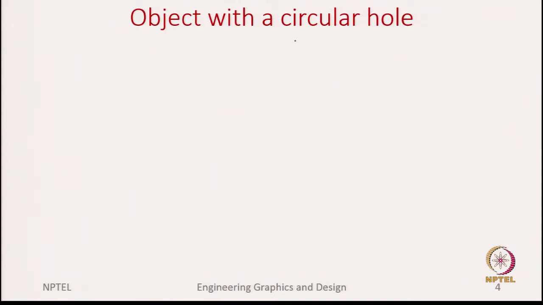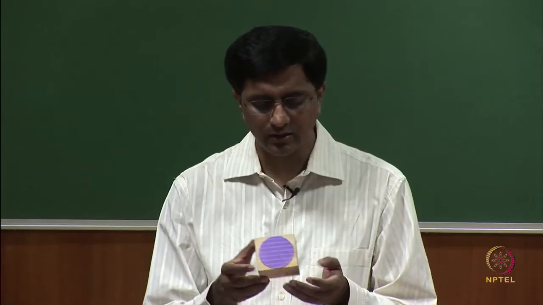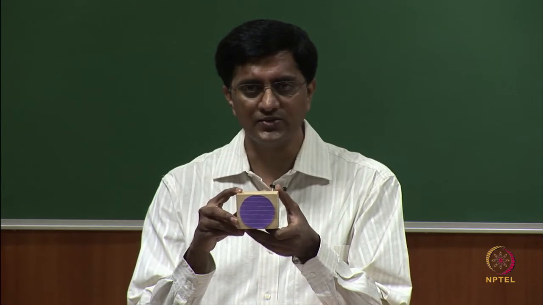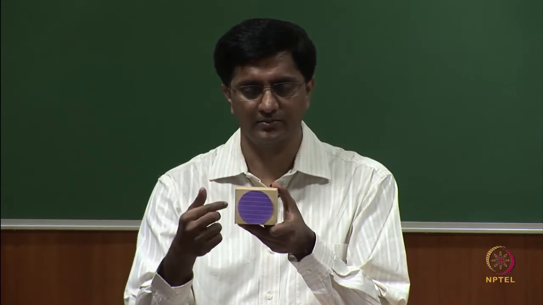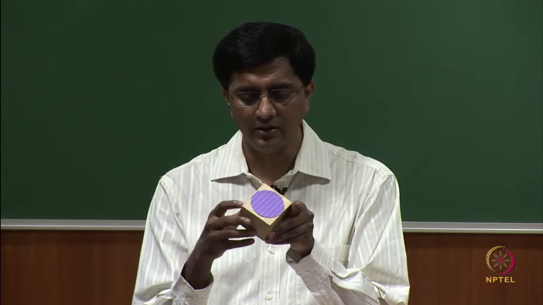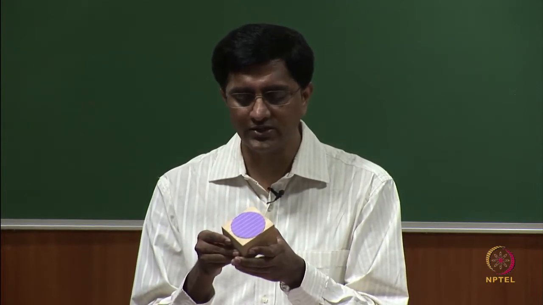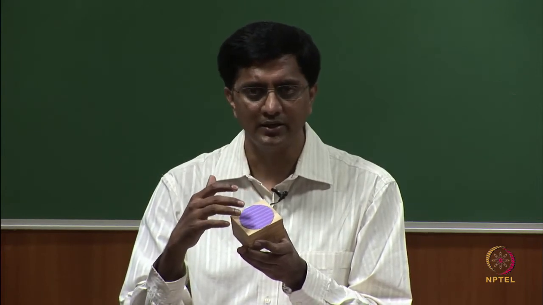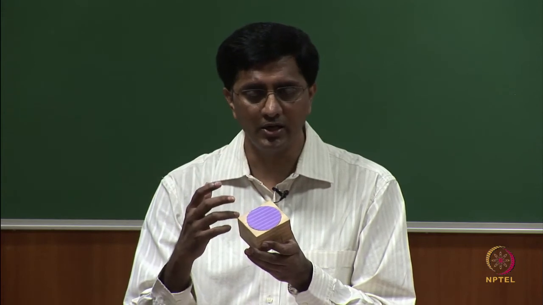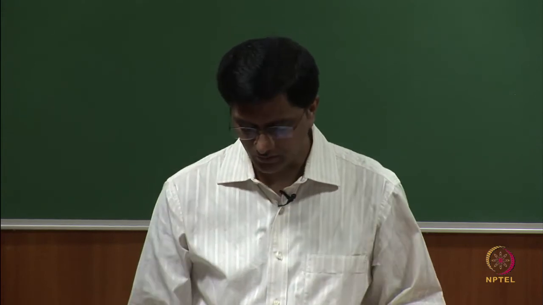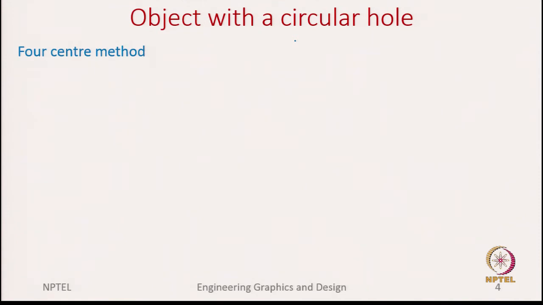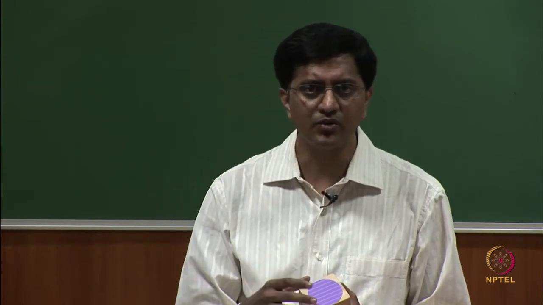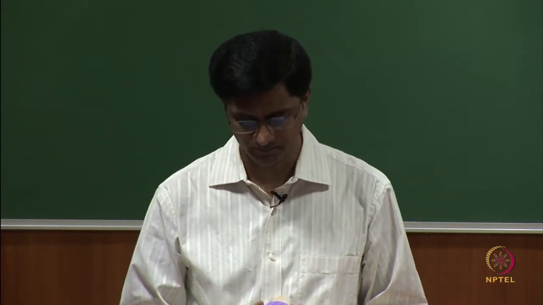I think we have already discussed previously that if you are focusing on this circle and I hold it in this fashion in the front view, it looks like a circle. But the same circle, if I orient it in this fashion where we are trying to capture the isometric view, now looks like an ellipse. But how do we draw an ellipse in an isometric view? We do that by following one method called the 4 center method. There are other methods too, but the 4 center method is more commonly used.